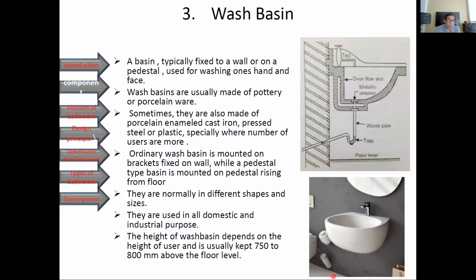So the pedestal accessory is sometimes detached from the lavatory. You need to make sure that if the pedestal is attached to the lavatory, it will be mounted on the floor. But if it's two components, where the pedestal is an accessory of the lavatory, you need to attach the lavatory to the wall by a bracket.